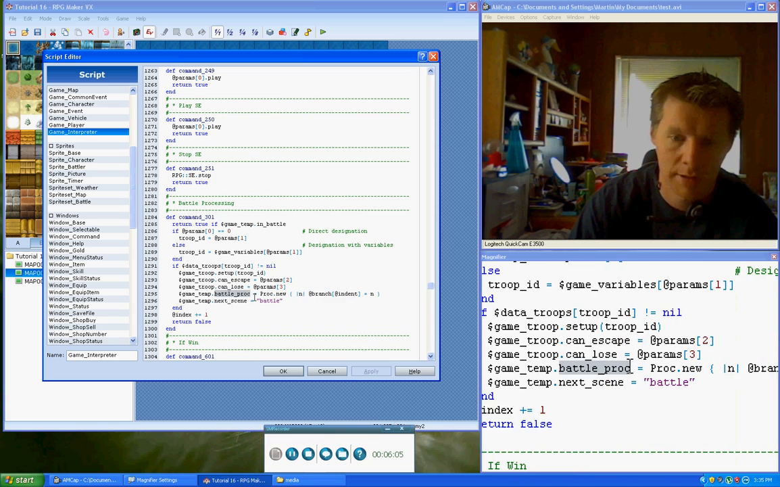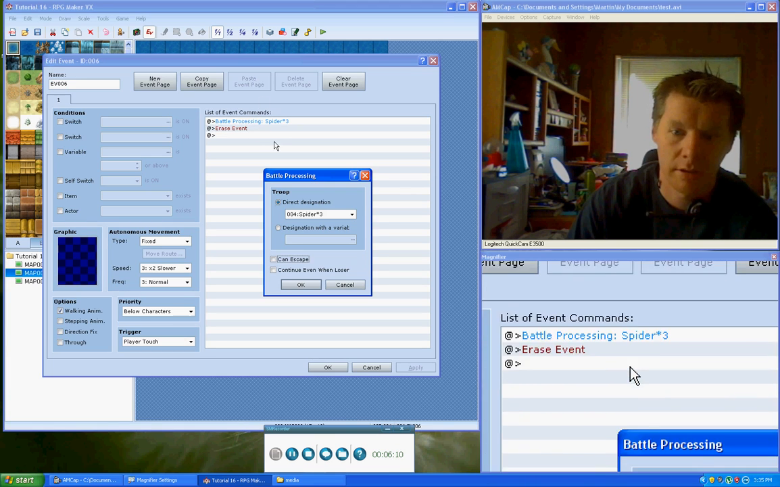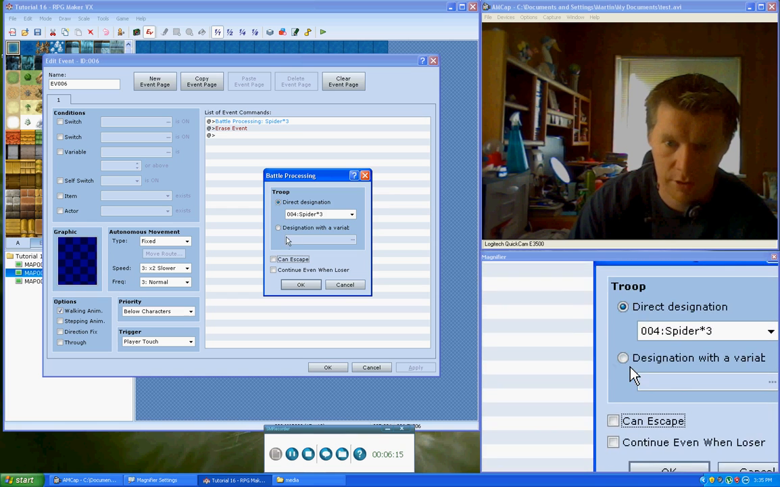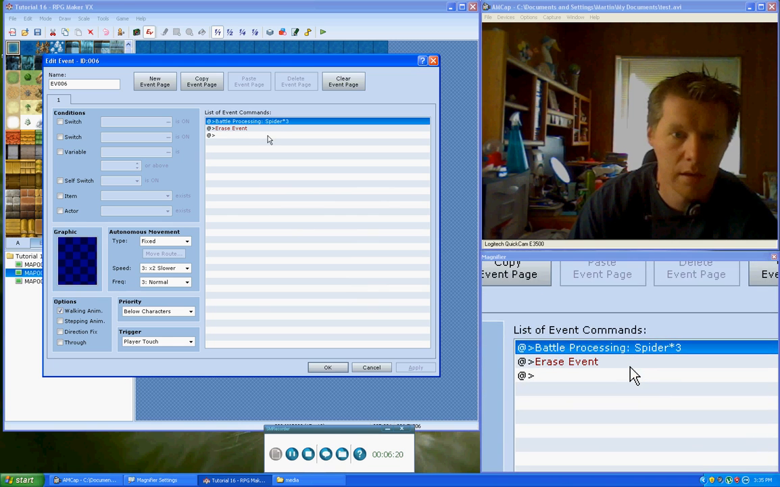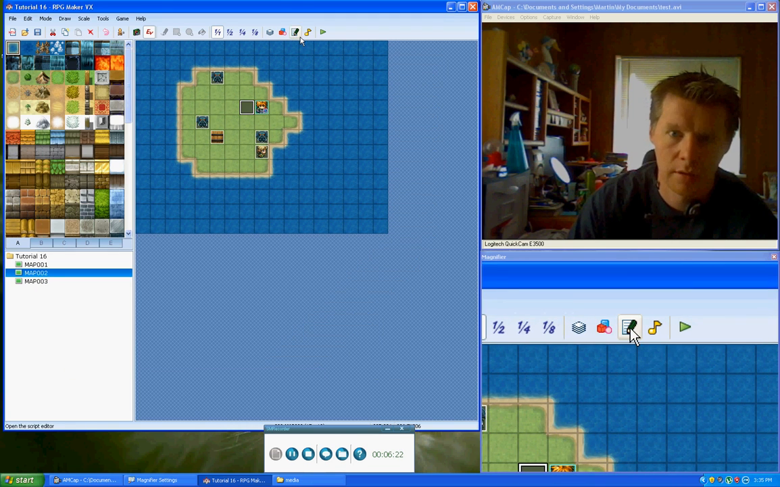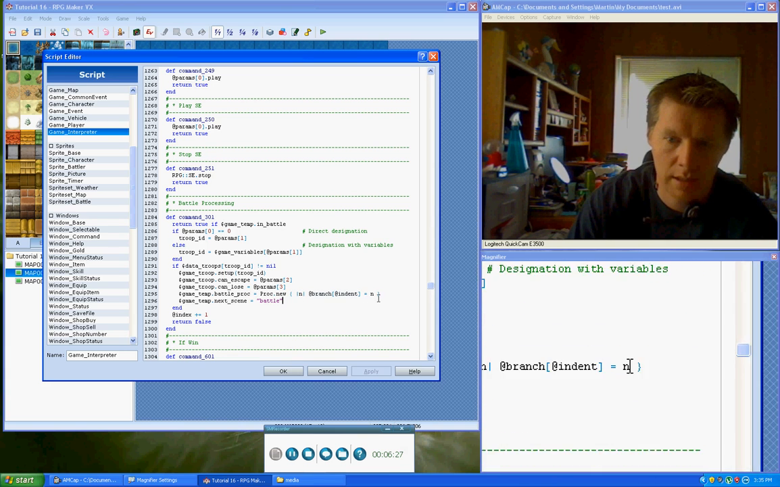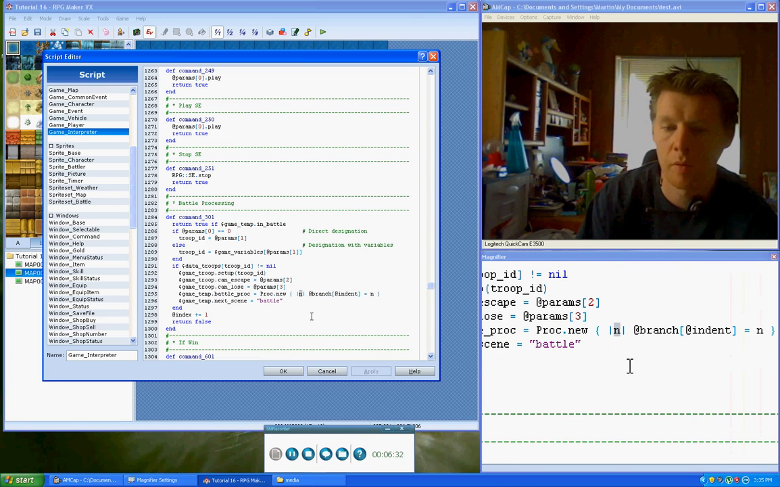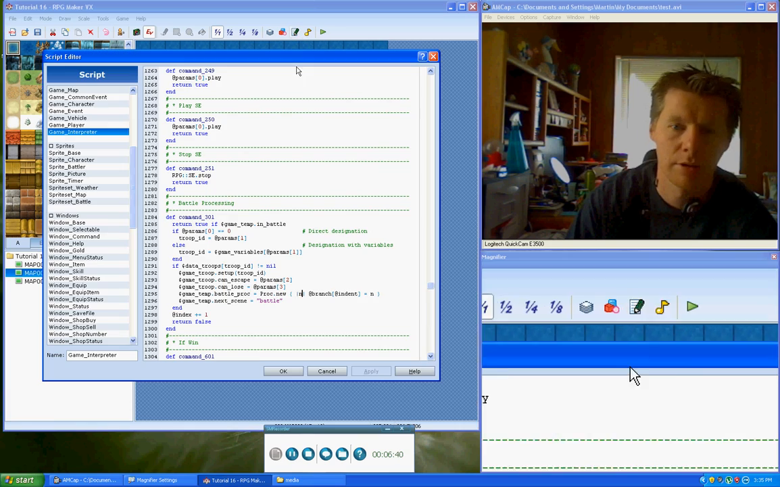Okay, so our battle processing here, let's go ahead and cancel this. If we come back here to the battle processing, here we've got our two options. We've got can escape, even with lose, and that's it. I'm assuming that this branch, indent, etc. is going to be just saying, by the way, when you get finished, do the next action. That's my guess. I should probably look into that a little bit closer, but